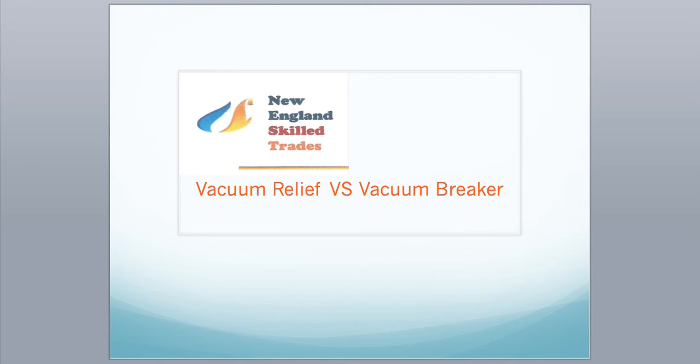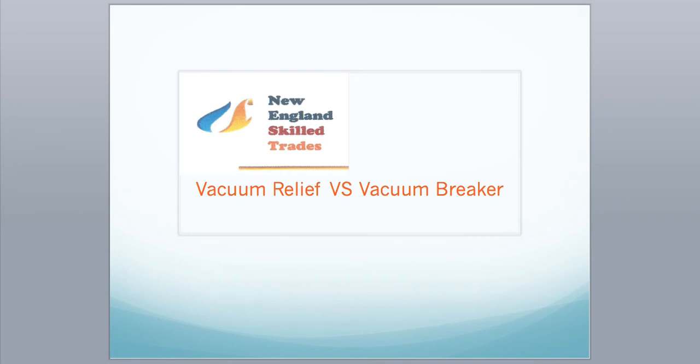Today we're going to discuss the difference between a vacuum relief and a vacuum breaker. Oftentimes people ask where a vacuum relief has to be located on a hot water heater. And the answer is above the top. And that's it. Vacuum breakers come with different distances depending on the actual fixture you're using it for. If you're using it for irrigation, or maybe in a medical facility, and they have two different